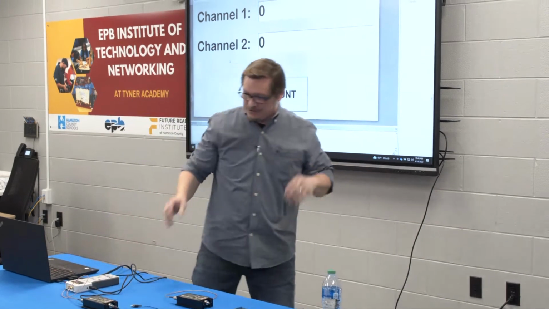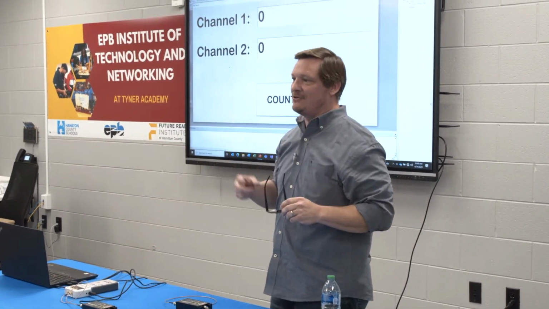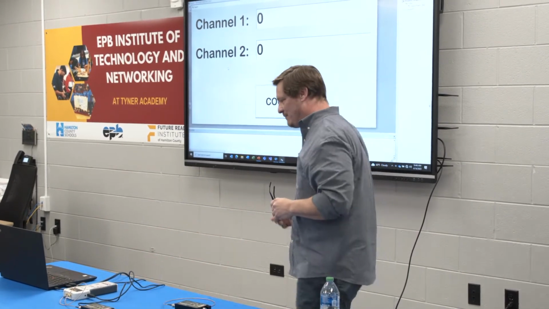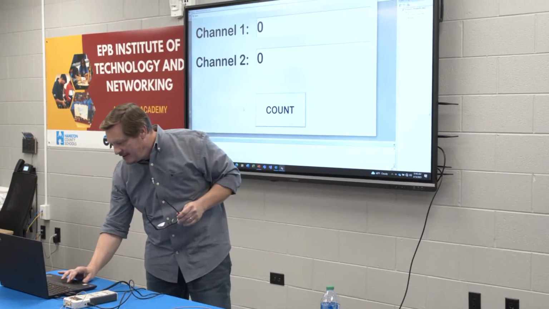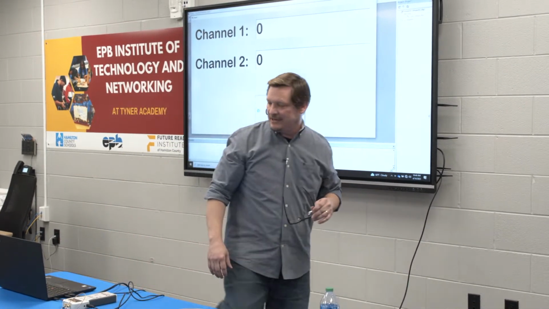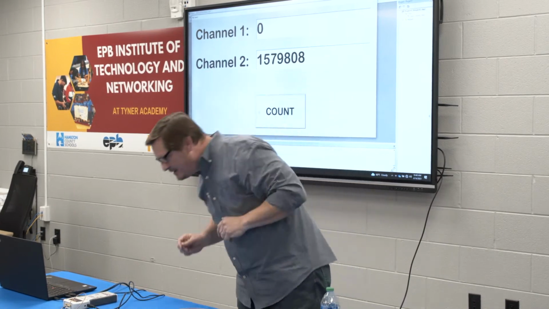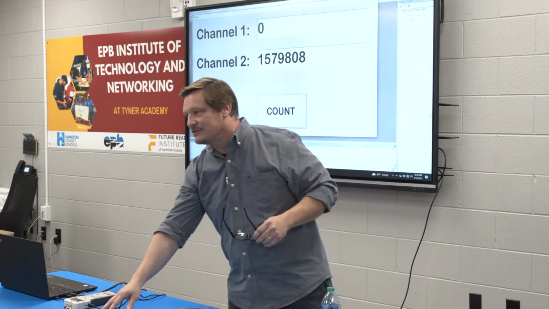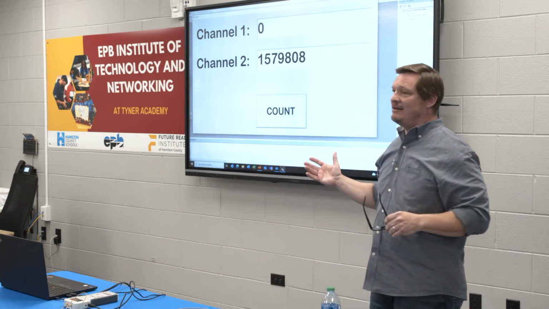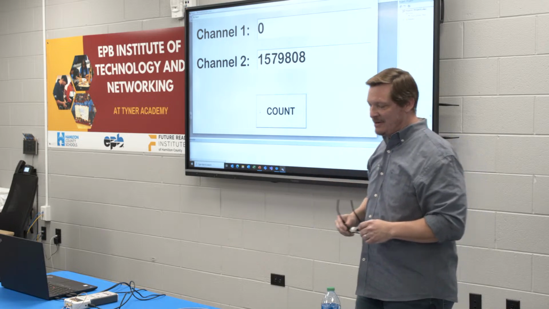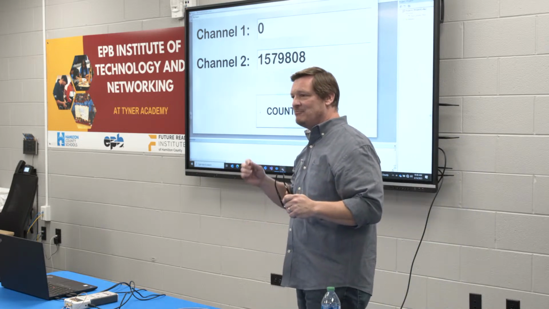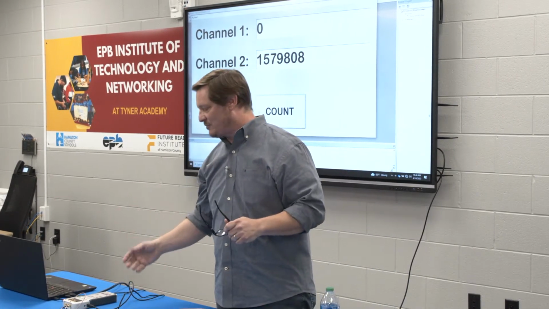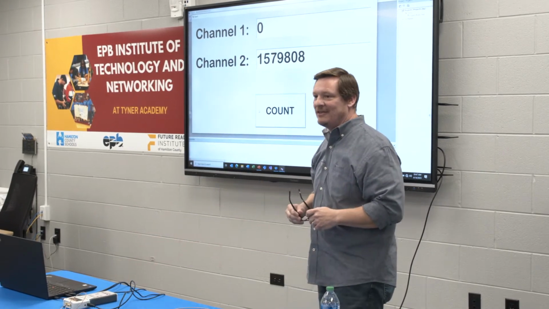Okay, so this counter has 2 channels on it, and so it can actually monitor 2 of these detectors, but I've only hooked one up for the experiment we're doing right now. And if I hit this count button, it'll take about half a second, and it'll count up as many photons as this one detector is seeing. So we're seeing about 1.5 million photons coming from this system. Again, that's 1.5 million little BBs that have made it to this detector, have been converted into an electrical pulse, and have been recorded by this counter.